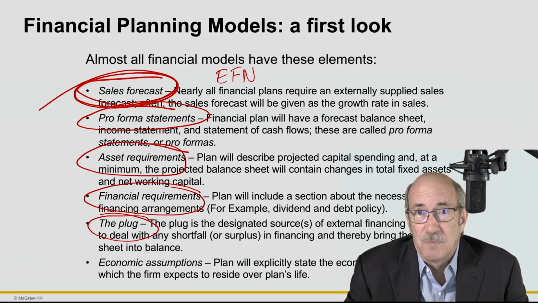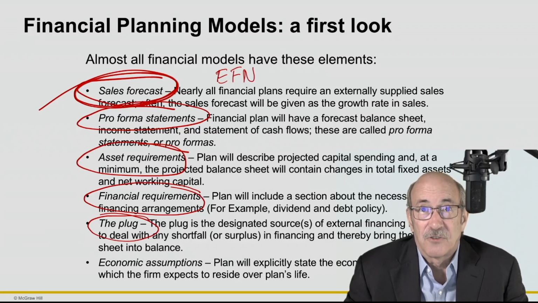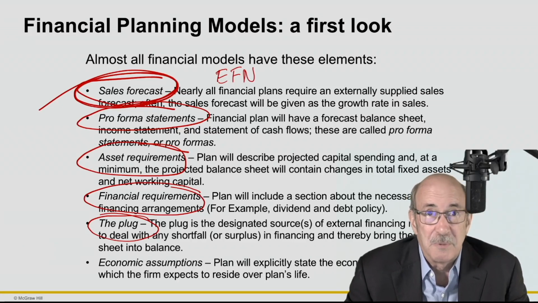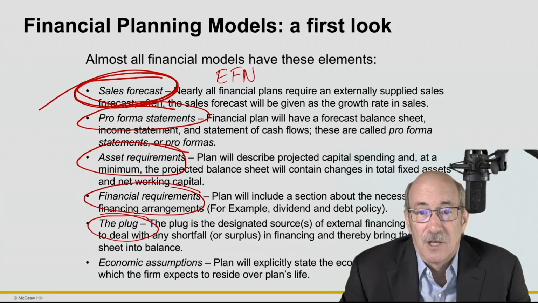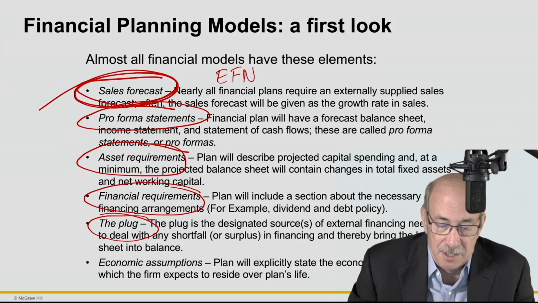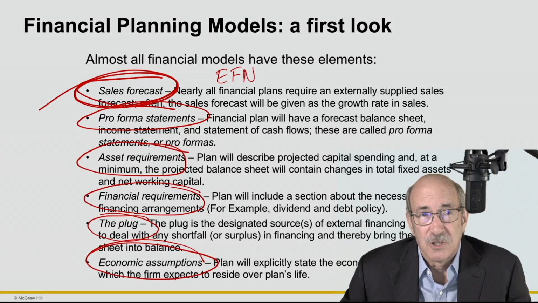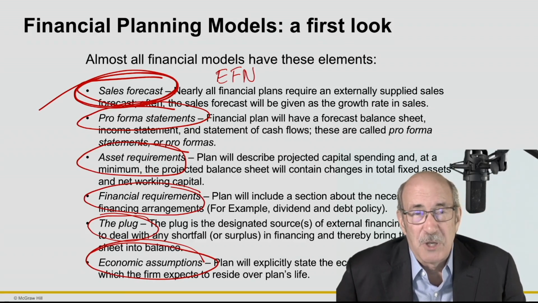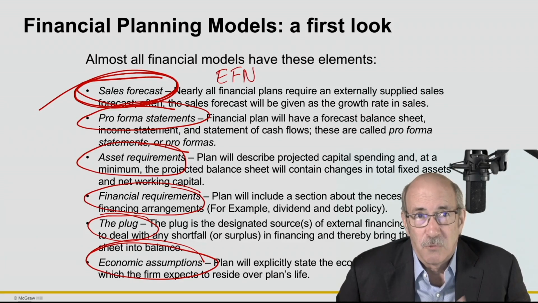Typically, that's going to be on the long-term debt side or possibly an additional equity issue. It might be the reverse too. Actually, if we have a lot of excess internally generated funds, we might be able to pay down some of the debt or do more buybacks in terms of the equity. And then lastly, we need some sort of economic projections to look at. Is the economy in the growth stage? Is it contracting? Has it reached a peak? Has it reached a trough?